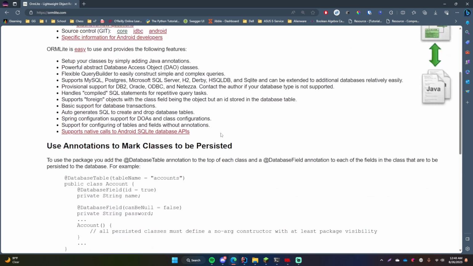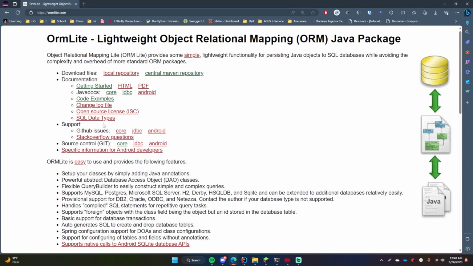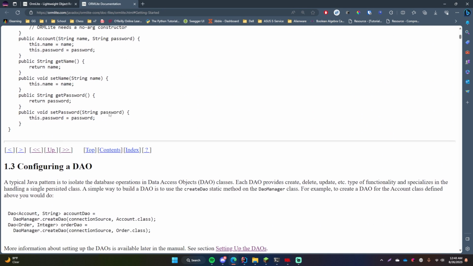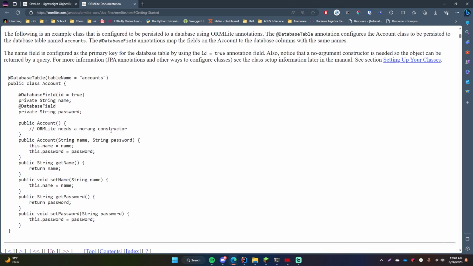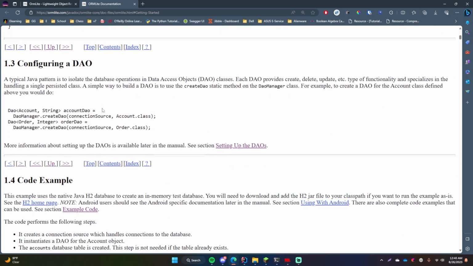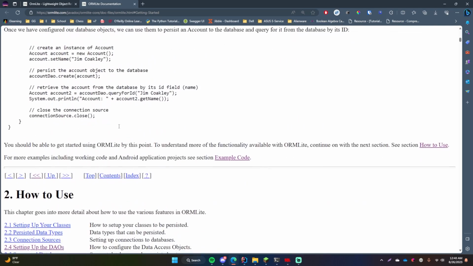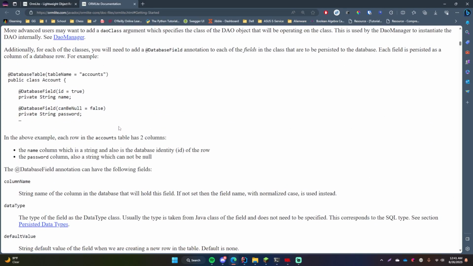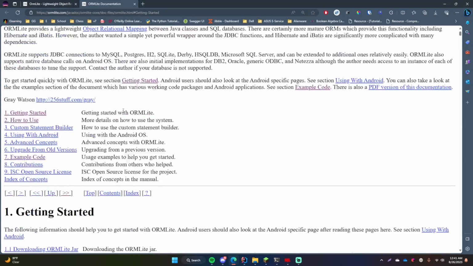And before we get started, I just want to show you guys this website real quick because this has great documentation. So you can click these links here to see more. So get started. It'll tell you how to set up your application to hook up with your database using this library and all that. So pretty good stuff. Make sure you check it out. Again, there's a link in the description below.